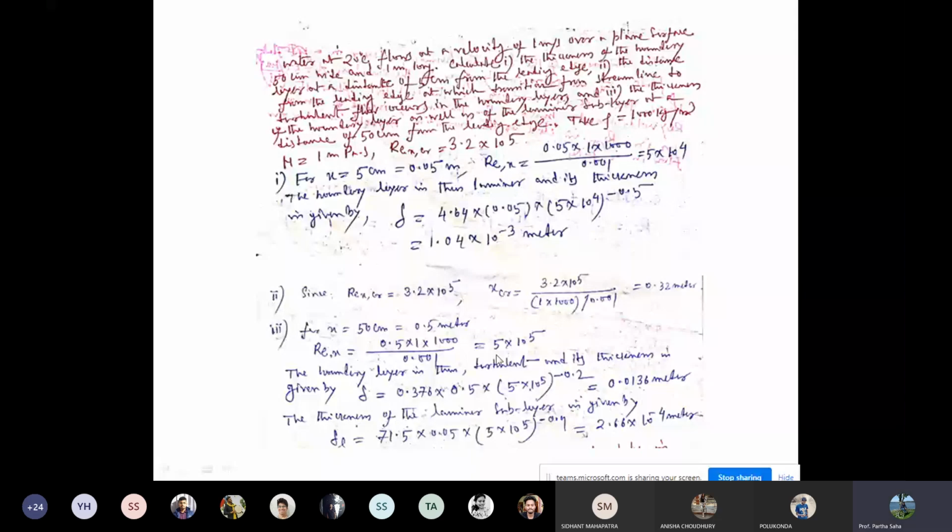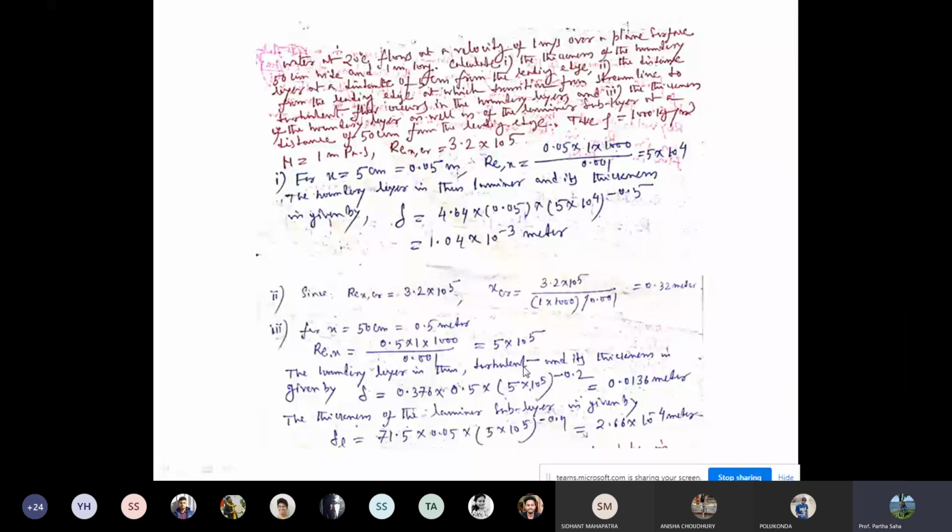You calculate Reynolds number. Again, this is the boundary layer. This is a turbulent region. 5 into 10 to the power 5 is a turbulent region. So the boundary layer is turbulent. Whenever it is in the transition region, you can always take into consideration the turbulent region. If you remember correctly, it was 3 into 10 to the power 5 and 10 to the power 6, that is the transition region. But even though this is within the transition region, we will still consider turbulent flow, because turbulent flow is always dominant over laminar.